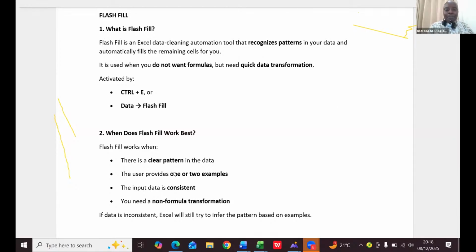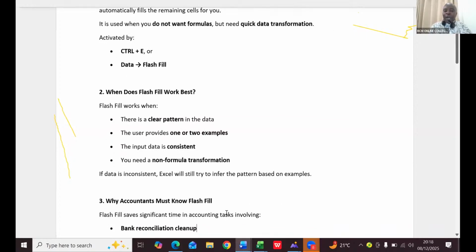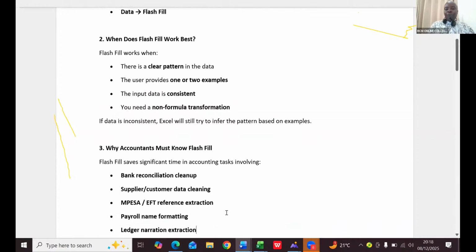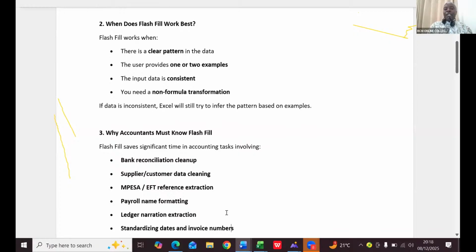You need a non-formula transformation. If data is inconsistent, Excel will still try to infer the pattern based on examples. Why must accountants know Flash Fill? I normally use Flash Fill at my workplace, especially in my audit firm, every other day, because I run an audit firm. Flash Fill saves significant time in accounting tasks involving bank reconciliation cleanup, supplier and customer data cleaning, M-Pesa EFT reference extraction,